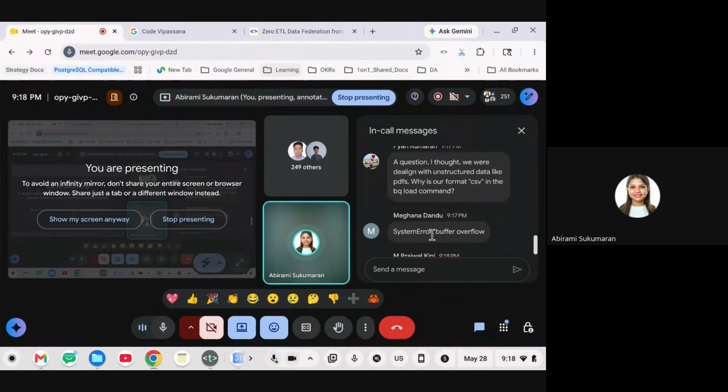So Meghna or others, whoever is facing buffer overflow, that's just the error tag. If you scroll up, you'll see the root cause. The CSV is because we did unstructured data. Our unstructured PDFs are already converted into tables. Ideally, if you are running this knowledge catalog, these tables will by default be created in your data set. You will not have to run the CSV.